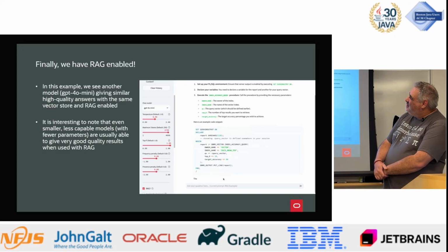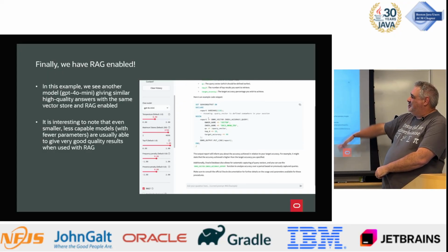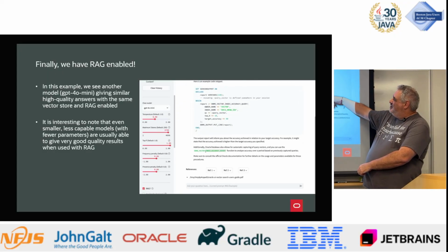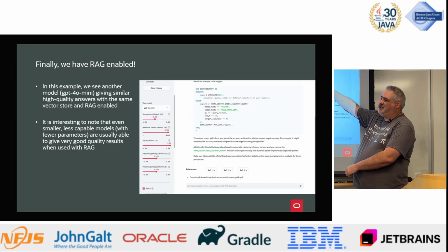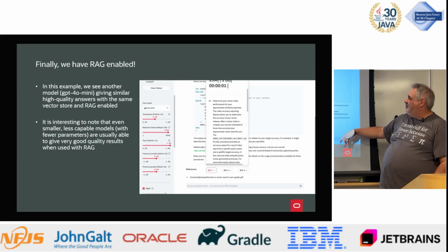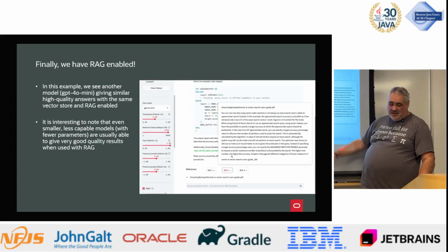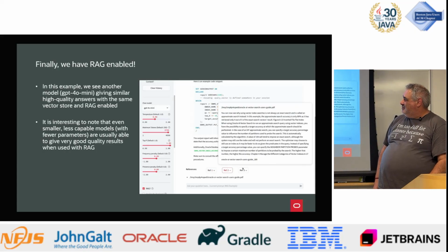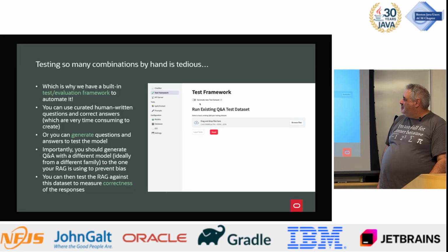What is this one? This is the same question with a different model. This was asking for code, what's the code to do something or another, and it's giving the same code, but the answer is a little bit different. You see it has bigger chunks than the other one had. So these are just some examples. This is the evaluation piece.